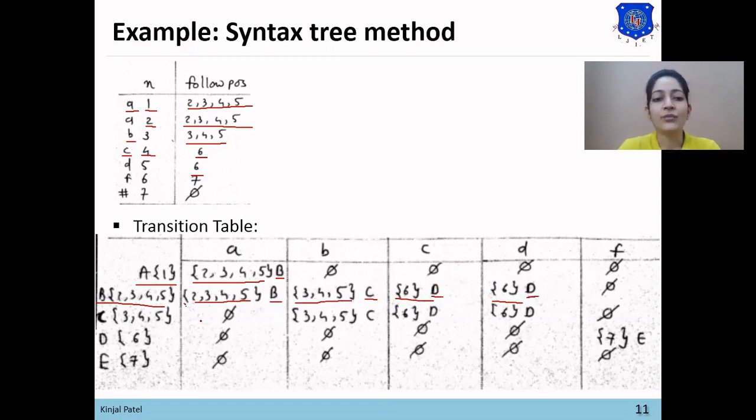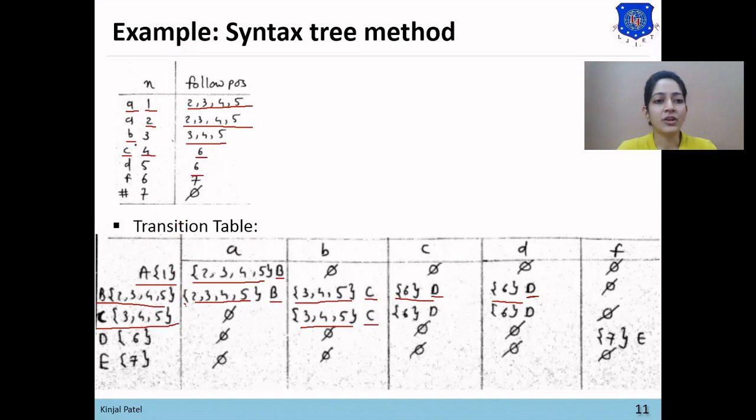So now we need to find the transition for C and D. The C node has value 3, 4, 5. 3 represents B, 4 represents C, and 5 represents D. The follow position of 3 will be added in B input symbol, so 3, 4, 5 will be added in B input symbol, and we'll name this C as it matches with the C state.